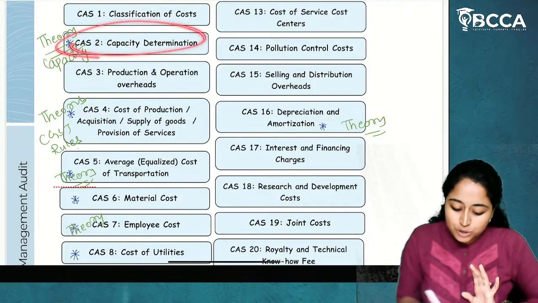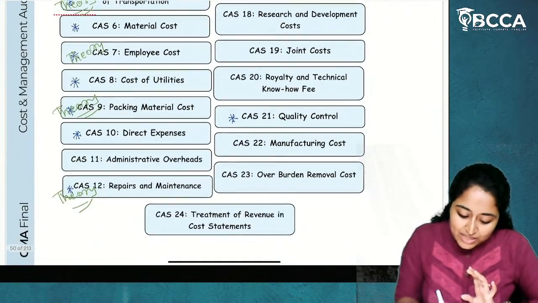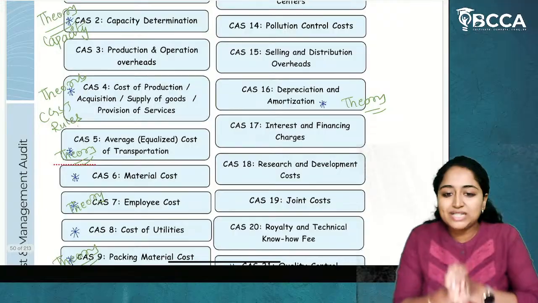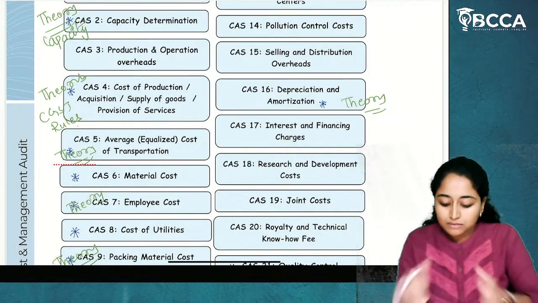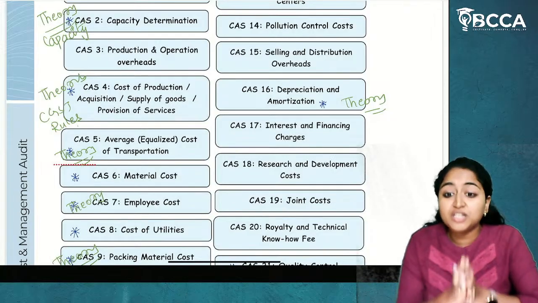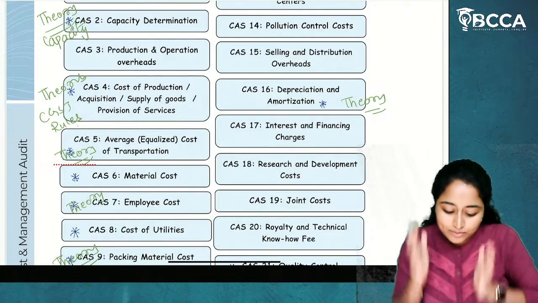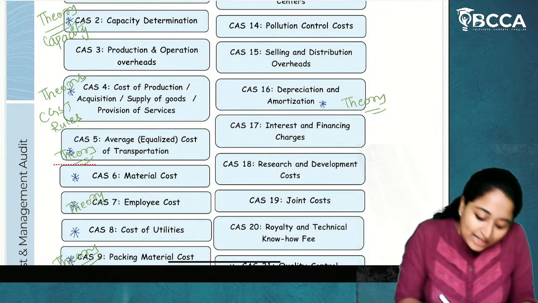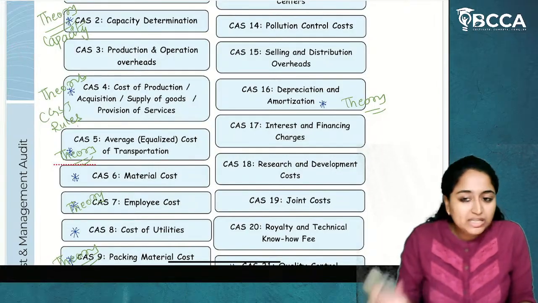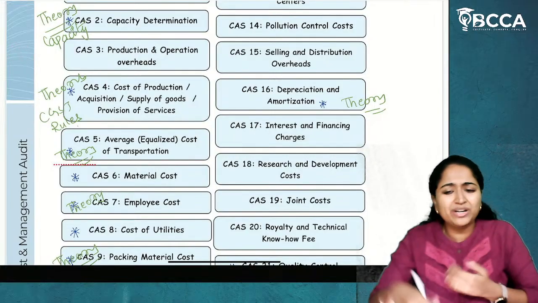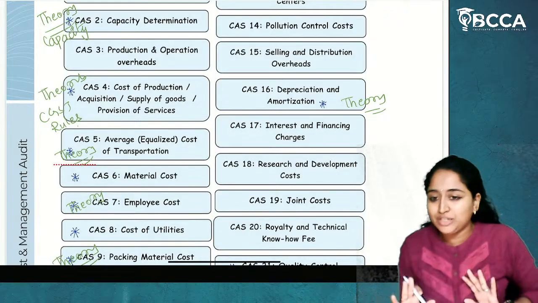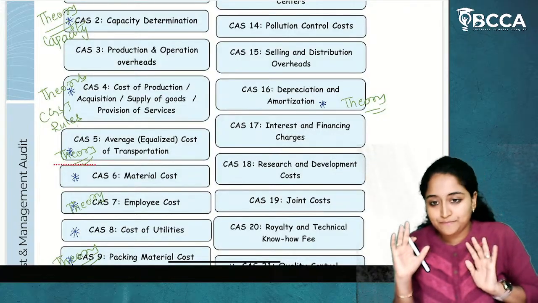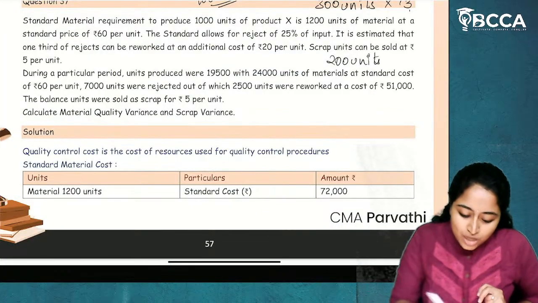What are those? CAS 2, CAS 4, CAS 5, CAS 7, CAS 9, CAS 12, and CAS 16. These are the cost accounting standards which are tested in the examination from a theory perspective. So for theory, you have to remember these majorly. I'm not telling you to leave the other cost accounting standards. These are A category cost accounting standards. For the other cost accounting standards, just give a quick revision. Just listening to the marathon is more than enough. But even for these A category topics, after seeing the marathon, you have to give a revision. I hope it's clear. So this is regarding the cost accounting standards.